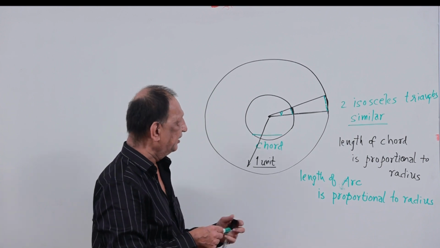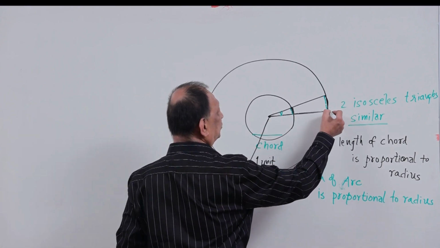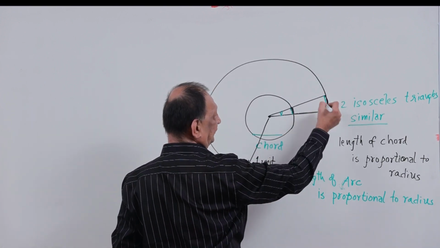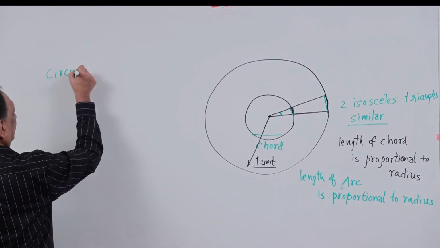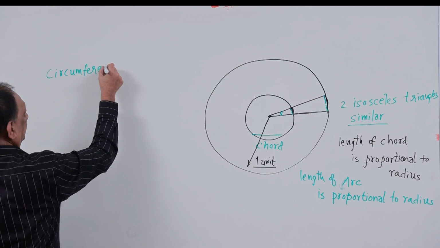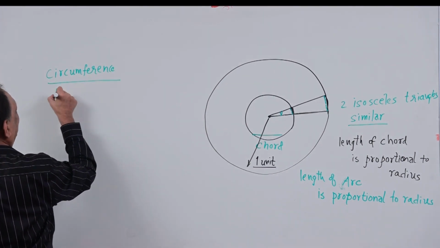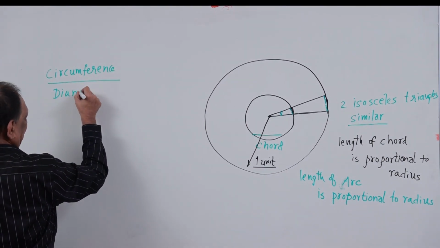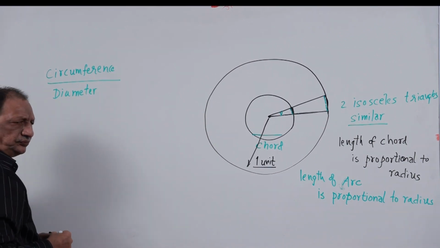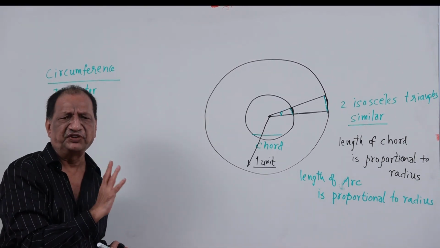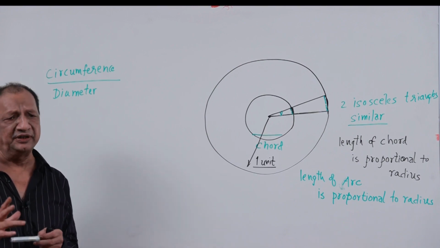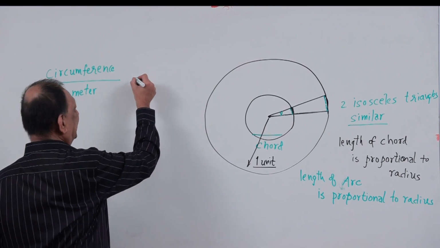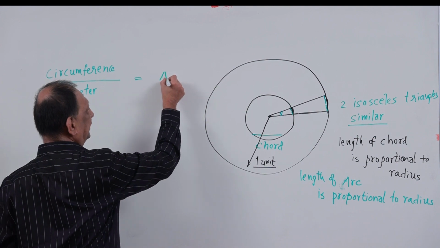They measured it and found that this total arc length of the circle, that is the circumference, divided by diameter. Diameter is twice the radius. It is always fixed regardless of whichever circle that you write. Length of the circumference divided by the diameter is always a fixed value, and that is denoted by the symbol